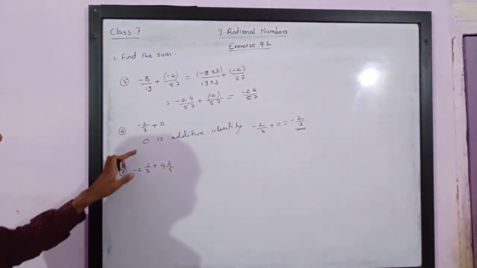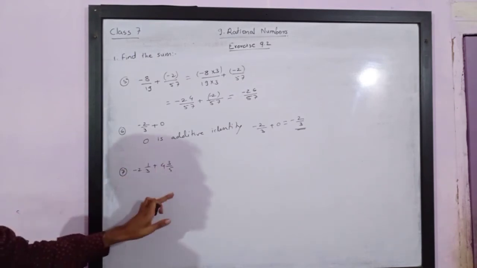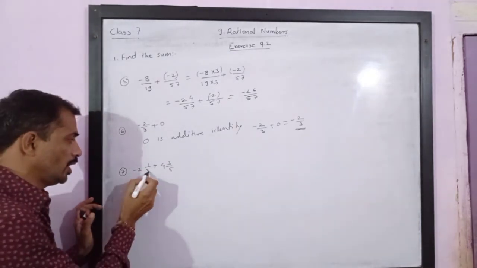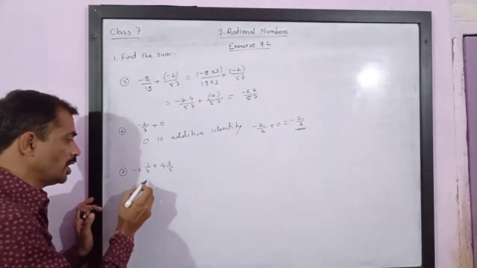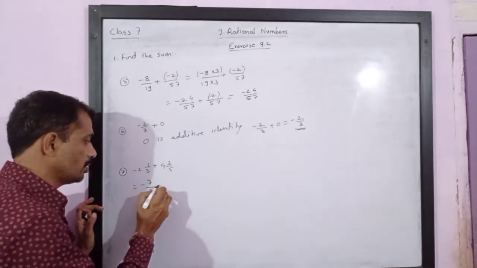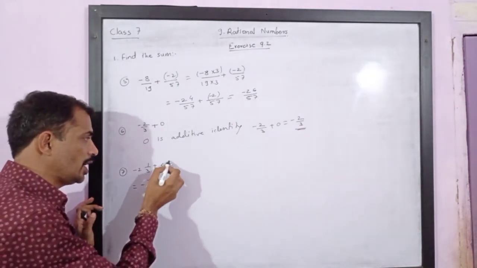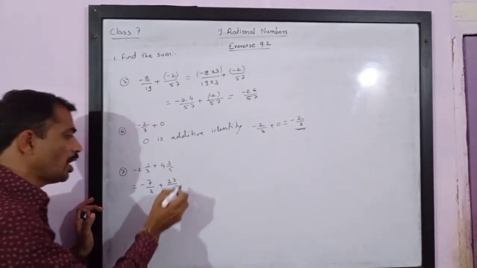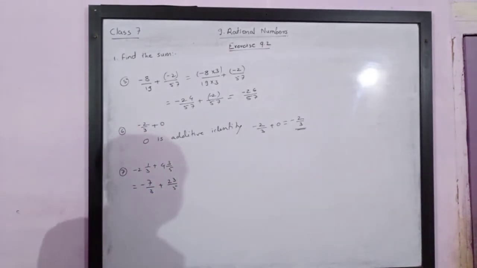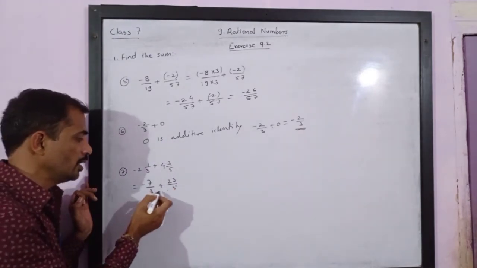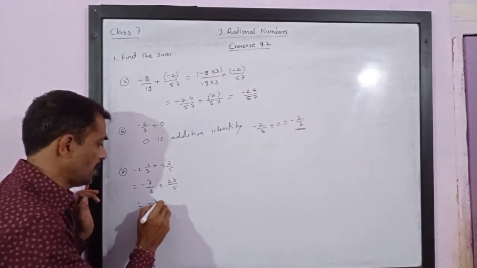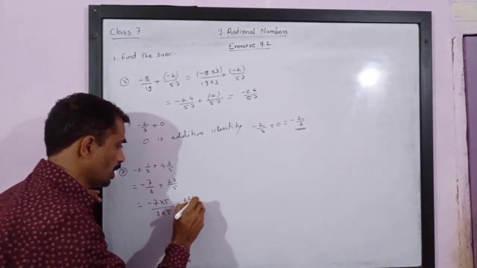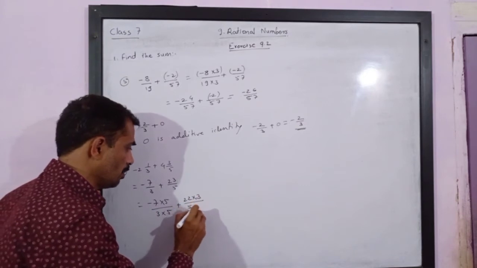Next fraction is 2 integer 1 upon 3 plus 4 integer 3 upon 5. This is a mixed fraction. Let us convert this into a fraction. So this is equal to 3 twos are 6, plus 1 is negative 7 upon 3, plus 5 fours are 20, 20 plus 3 is 23 upon 5. Now denominators are not same. Let us make the denominators same. So for that we multiply the first fraction negative 7 by 5 and the denominator also by 5, plus 23 is multiplied by 3 and 5 is multiplied by 3.